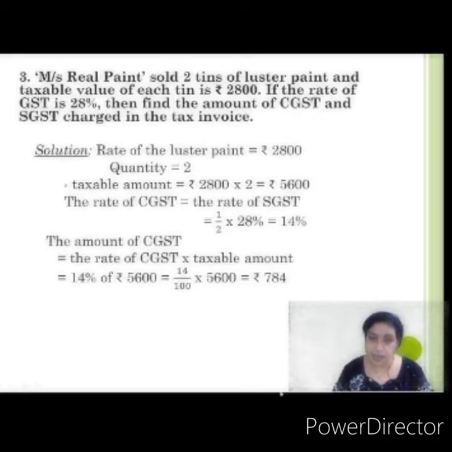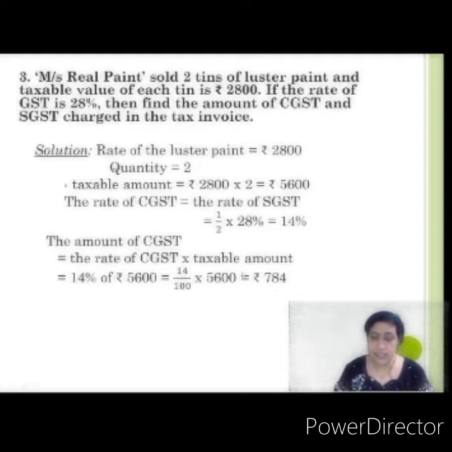Dear students, please make note that these two equal to signs are coming in one single line. I have done it because I want to show it in your limited area, okay, but you are not going to write like this in your examination. Each equal to sign will come one below the other. It is always on the next step. It is always considered as next step, okay. So after this 14% of 5600, this equal to will come here below, that is 14 upon 100 into, like this way, okay. So I hope you have understood this.